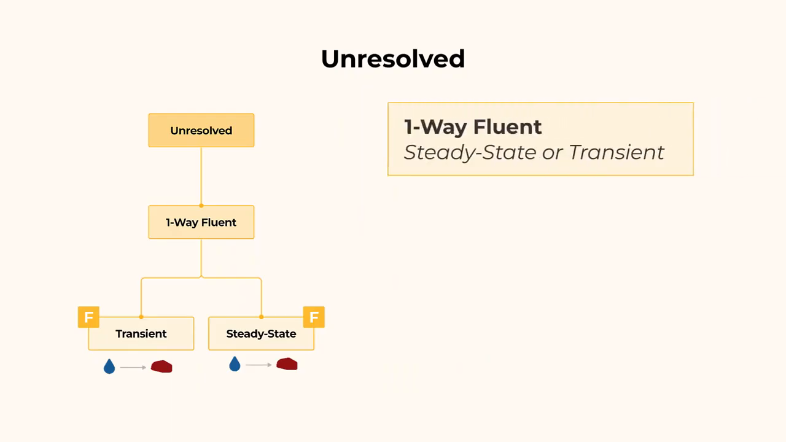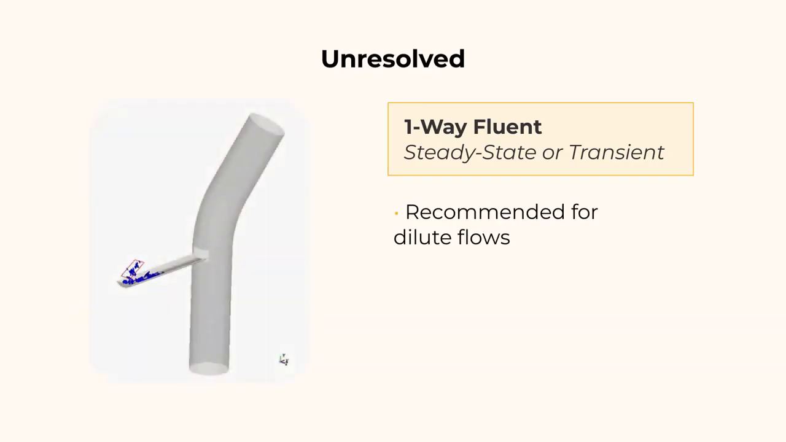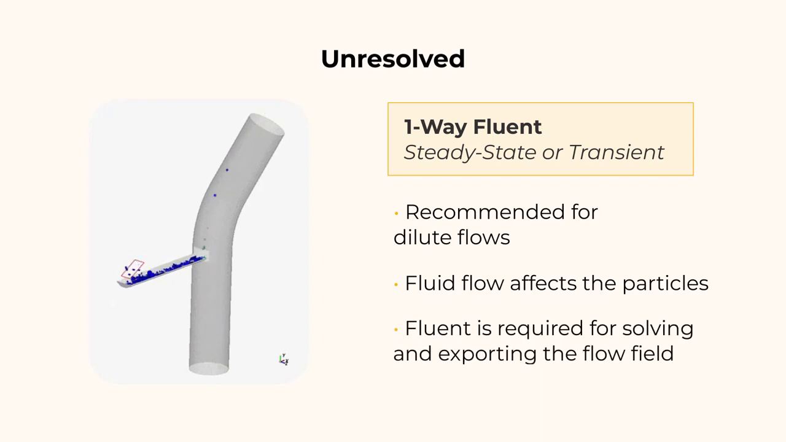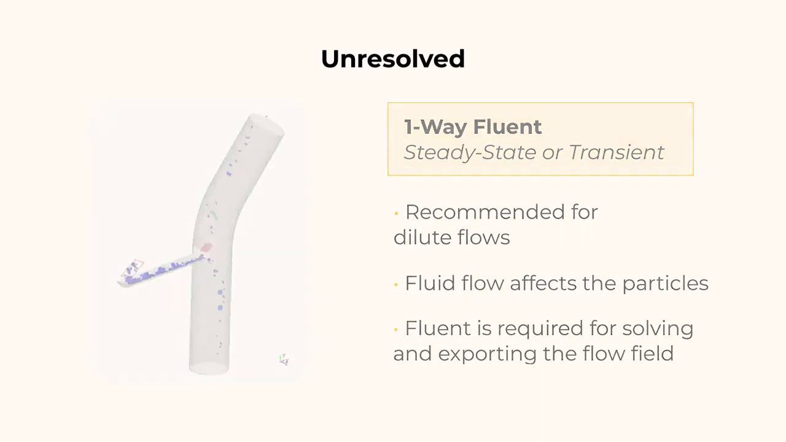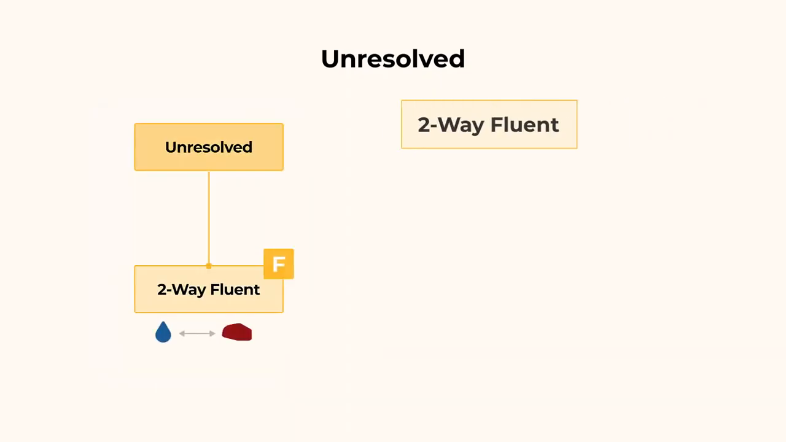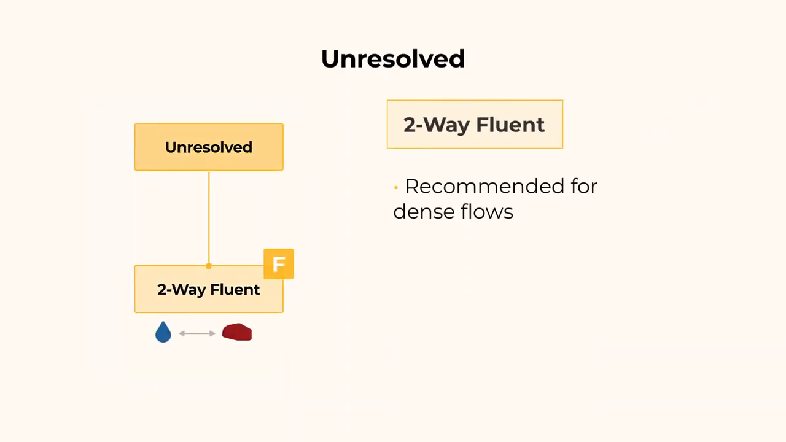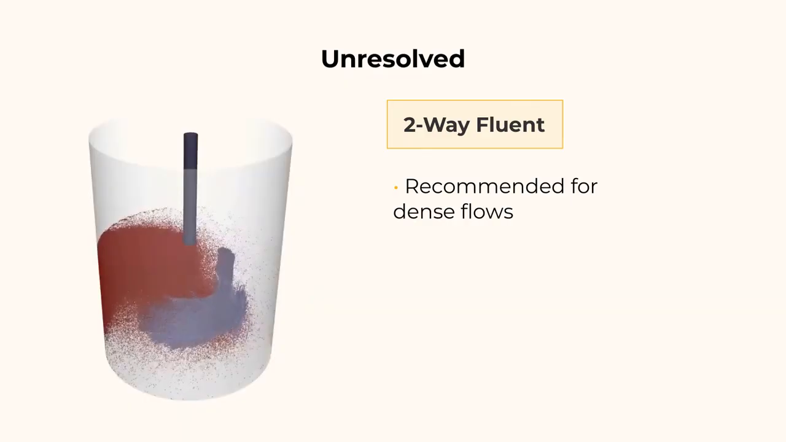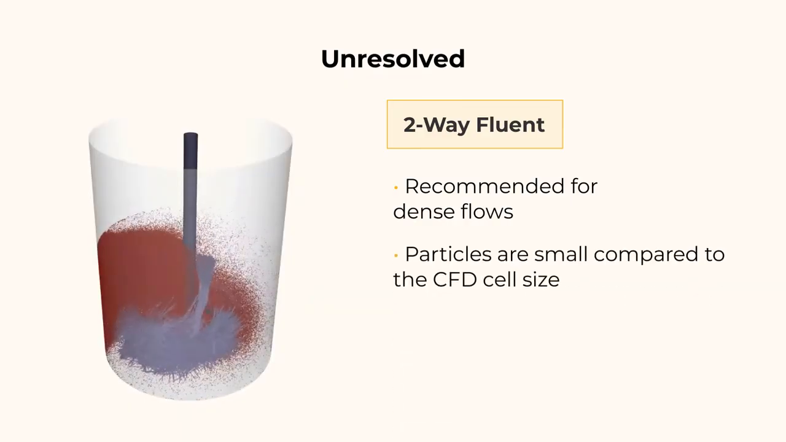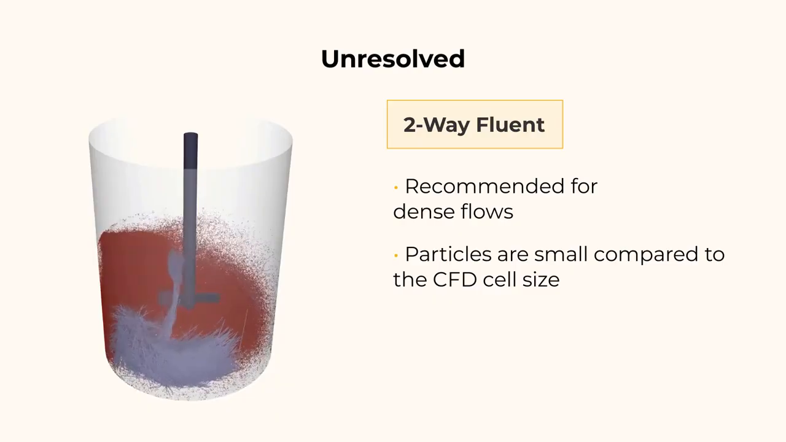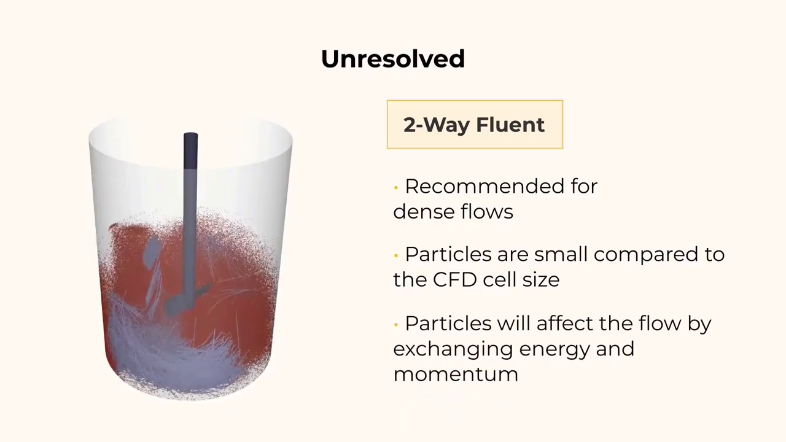The one-way Fluent covers steady state and transient flows. This will vary according to the case you set up in Ansys Fluent. It is recommended for dilute flows, meaning a lower concentration of particles in the fluid. The fluid flow affects particles, and not the other way around. Ansys Fluent software is required for solving and exporting the flow field. The two-way Fluent coupling mode is recommended for dense flows, meaning there is a higher concentration of particles in the fluid. Particles are small compared to the CFD cell size, and particles will also affect the fluid flow by exchanging